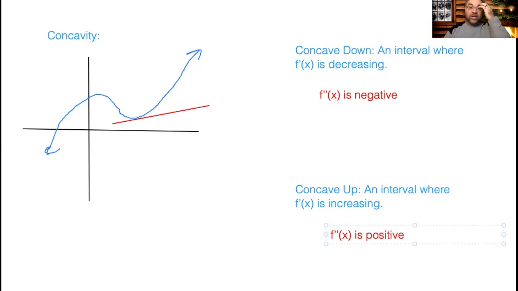And that's where we begin today, looking at the second derivative and what it tells us about the concavity of our function. Now you may be wondering, well, what happens at that point where it changes, right? There is a point on my graph over here, right here, where we have a change in concavity. It was negative, and then it's positive. Well,